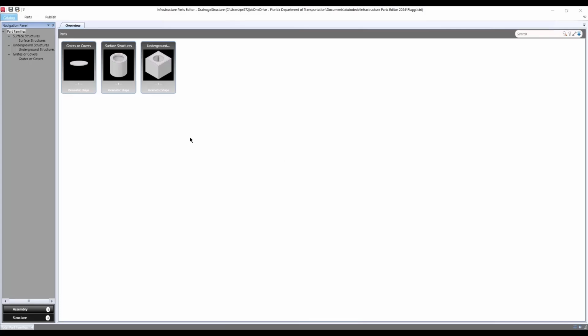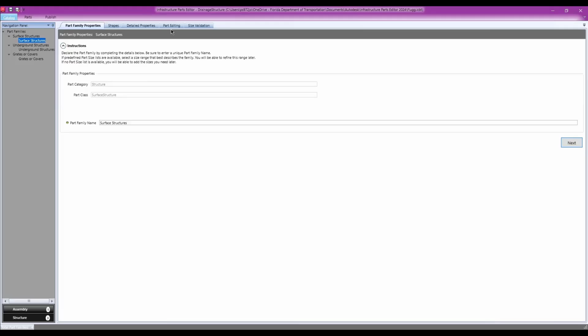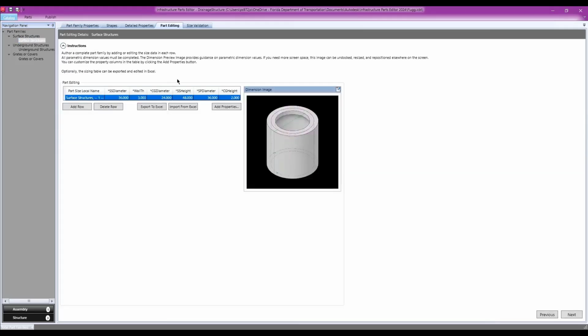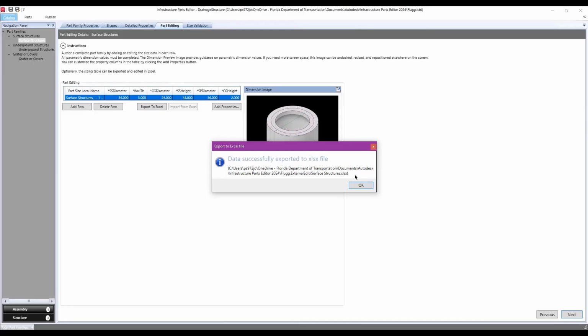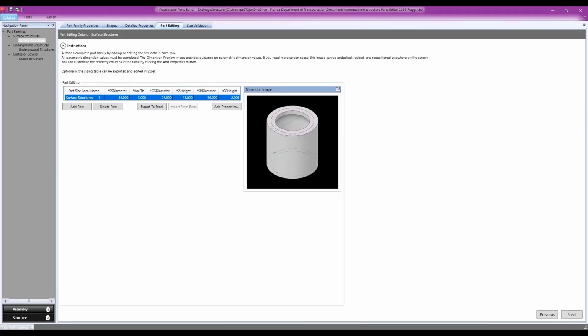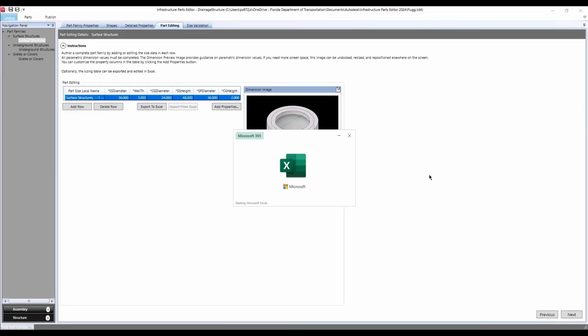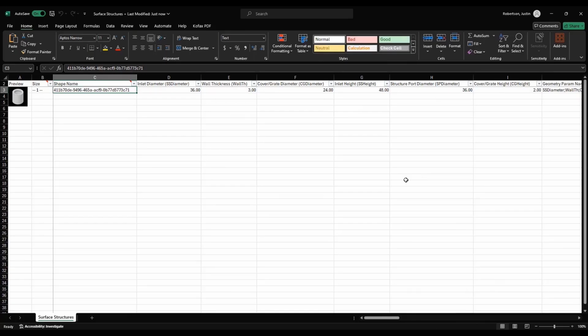Something else that can be done in Infrastructure Parts Editor to generate parts is with spreadsheets. So if we go back to our structures and our surface structures, go to Part Editing, and export to Excel, a spreadsheet will be generated that, once opened, we can create as many parts as we would want. So I will just create a couple extras and